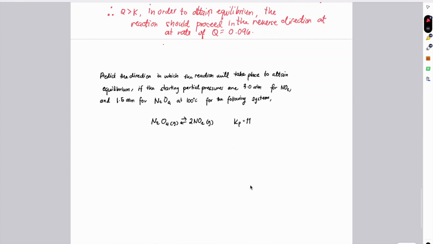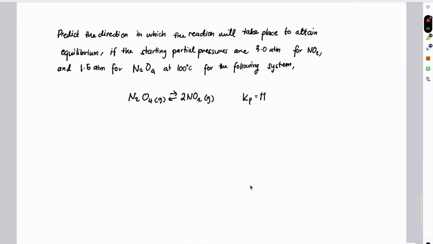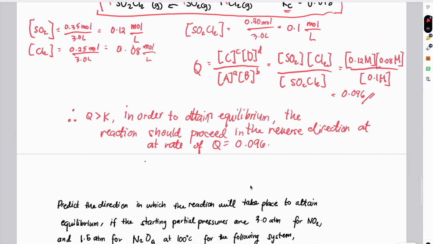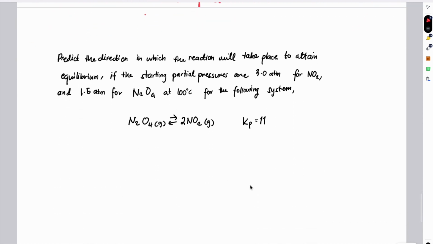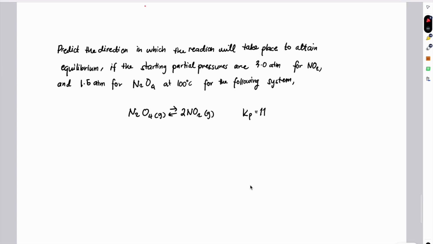Okay? So for your activity, this should be worth, I think, around 3 points. It is very easy. Predict the direction in which the reaction will take place to attain equilibrium, if the starting partial pressures are 3.0 atm for NO2 and 1.5 atm for N2O4 at 100 degrees Celsius for the following system. So we have a simple, already balanced chemical equation here,